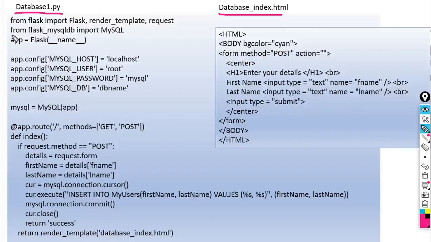Okay, so two or three ways are there to invoke MySQL, but here we are using the MySQL connection. This would be easier for you. So write here, from flask underscore mysqldb import MySQL. With the help of this, we can set the connection between MySQL and Flask.